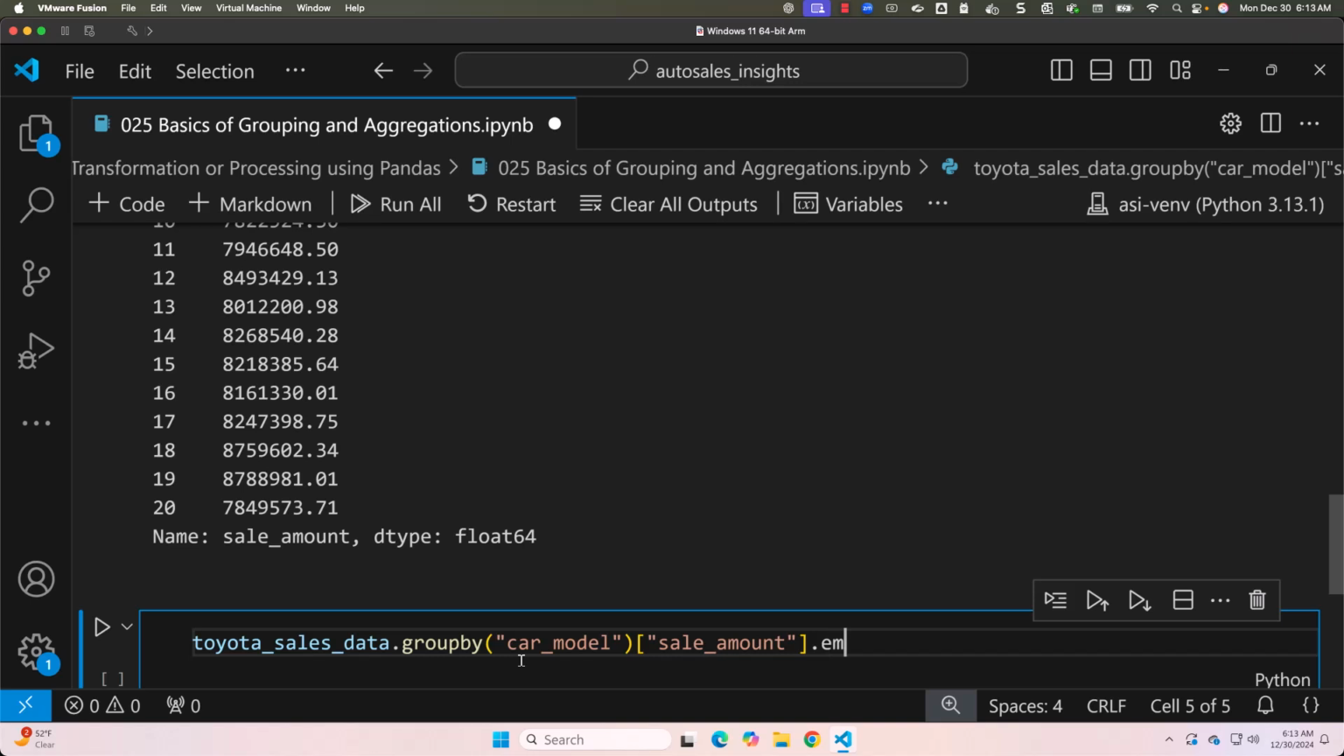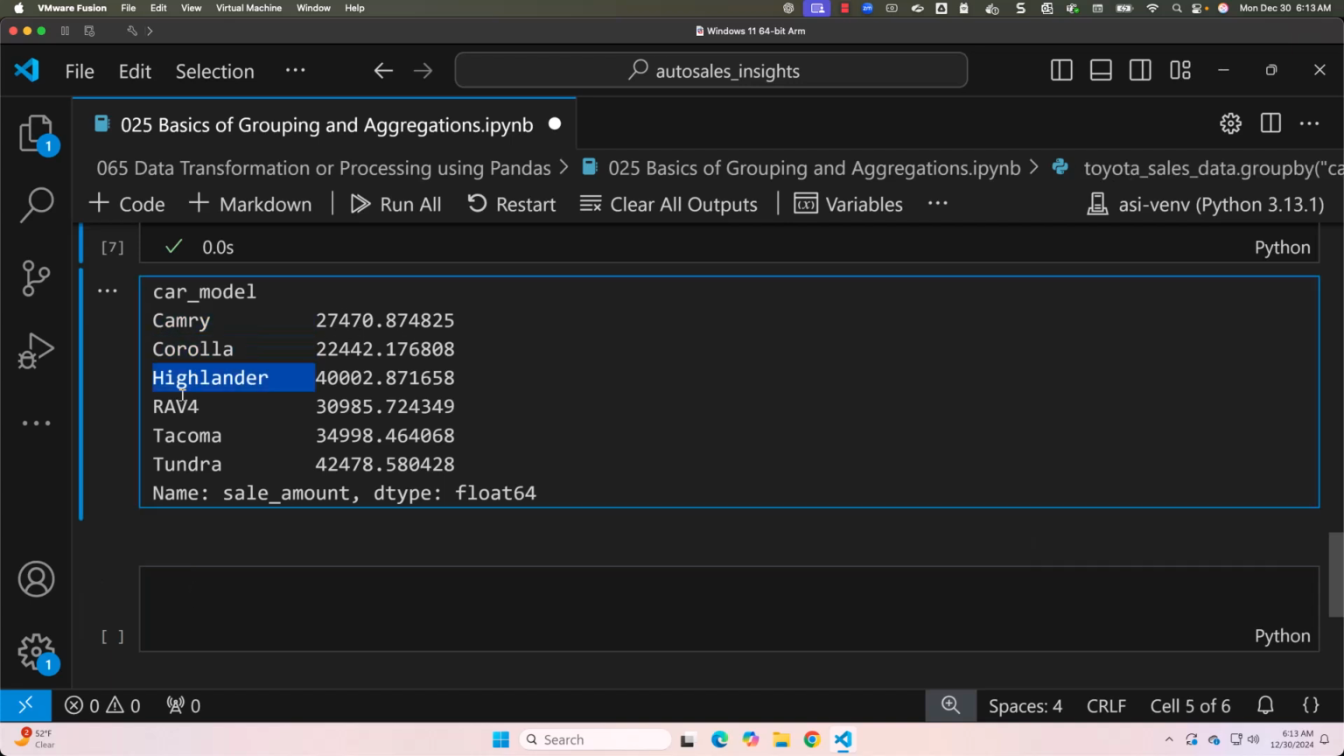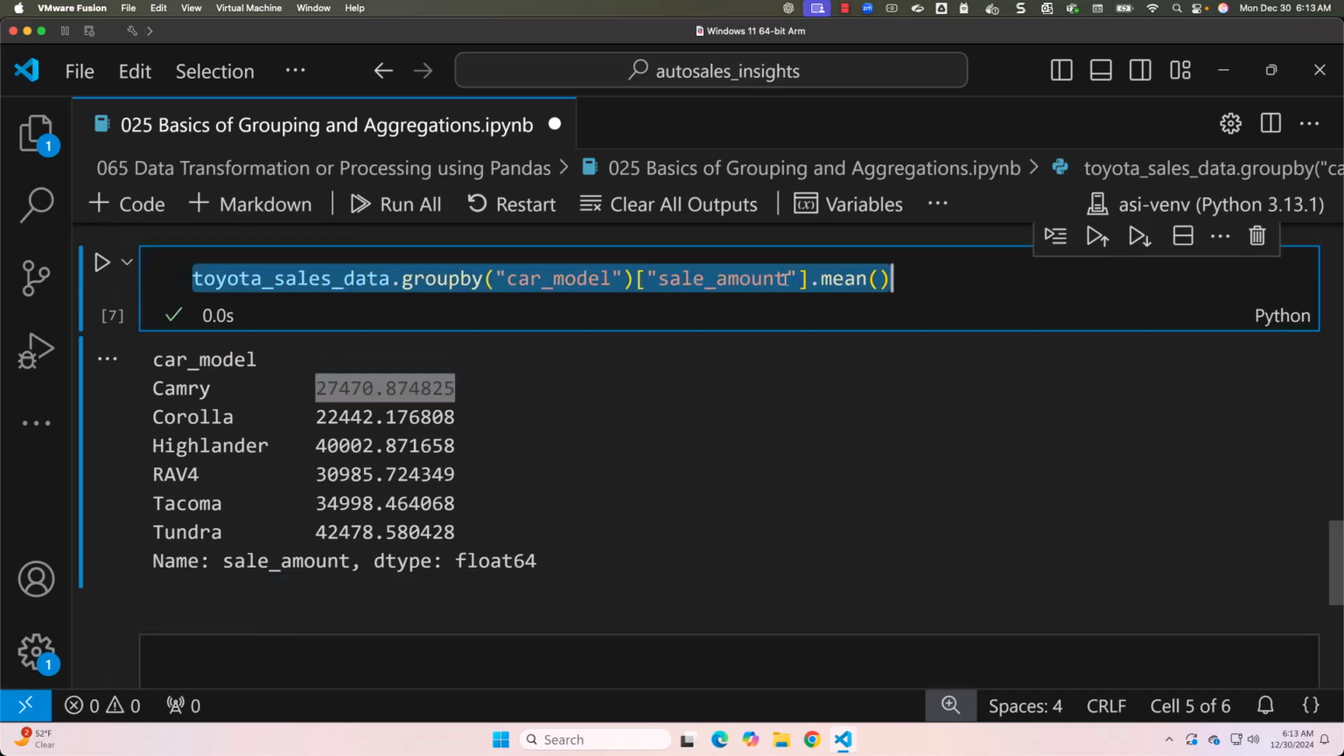For that, we should be able to use a function called mean. Now let me run this. You can see the average sale amount for each of the model. Here we have 6 models, and here are the average sale amount for each of the model. When it comes to this logic, it groups the dataset by car model and calculates the average sale amount for